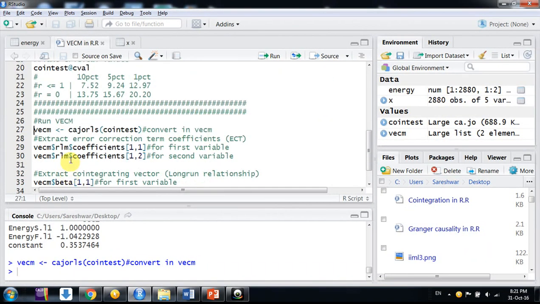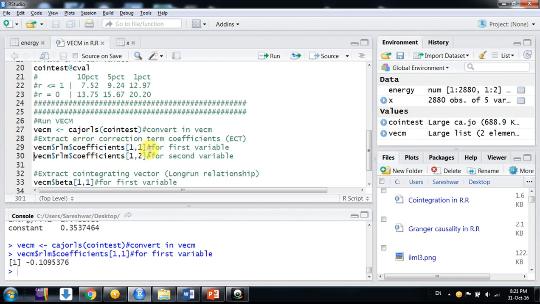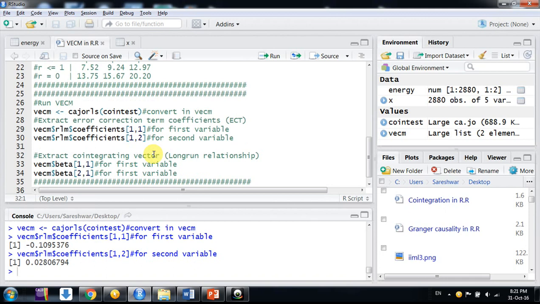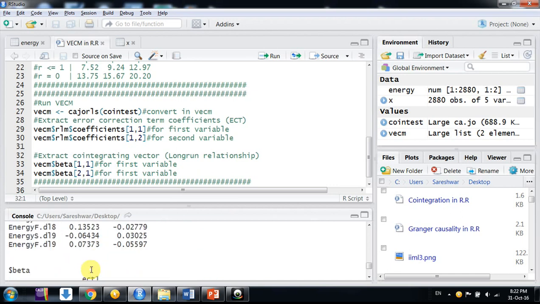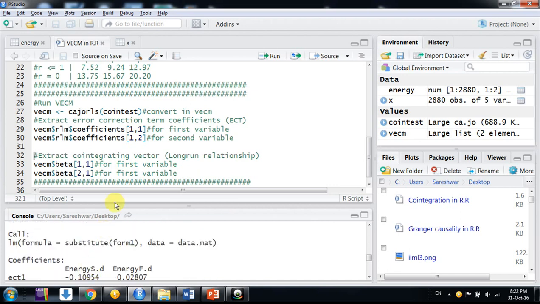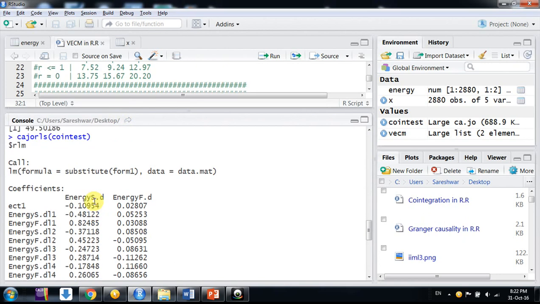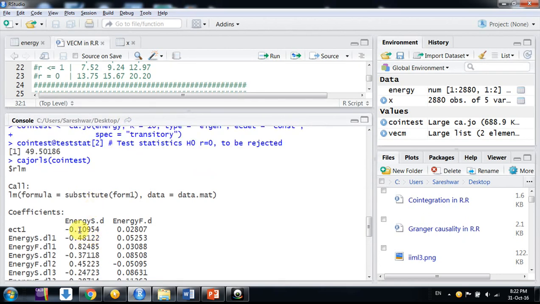Now we can extract VECM$rlm coefficients [1,1]. It gives us the error correction term for the first variable, and if we put 2 it gives us the error correction term for the second variable, 0.10 and 0.02, as we can see here at the very start.